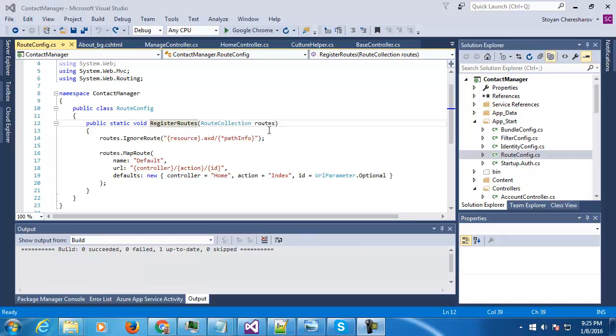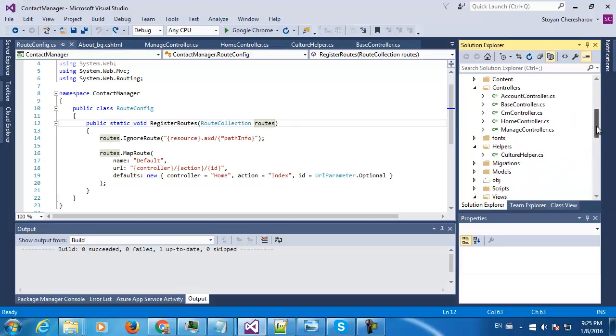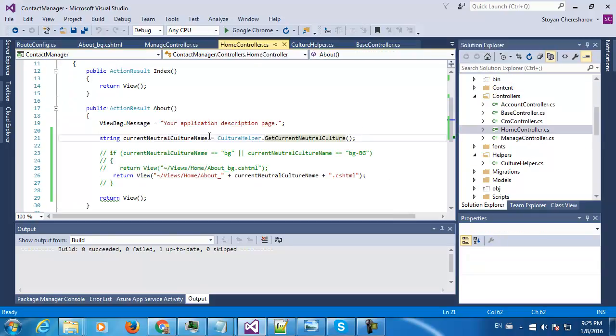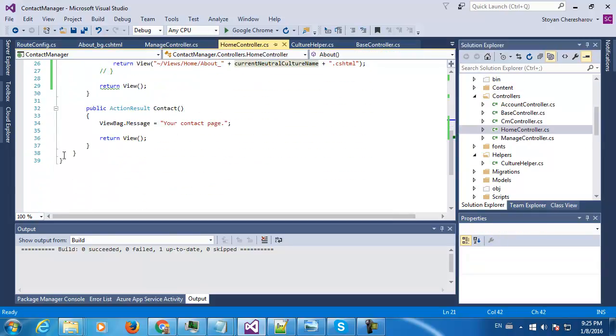Okay, I wanted to discuss one more thing. What if you want to use a cookie to save the culture, or eventually use the URL? How do you explicitly change the culture? You don't get it from the browser. So how you can do it is in your home controller, for example, you can create another action which is